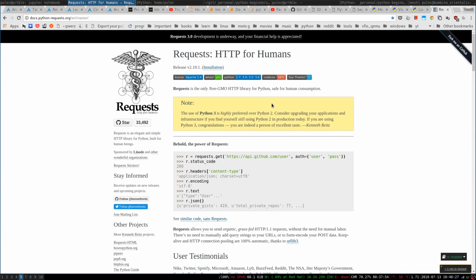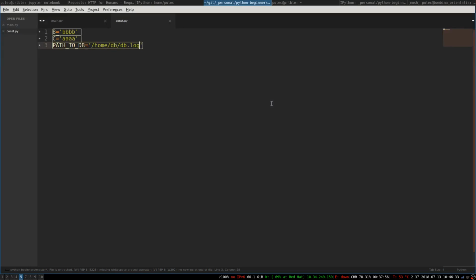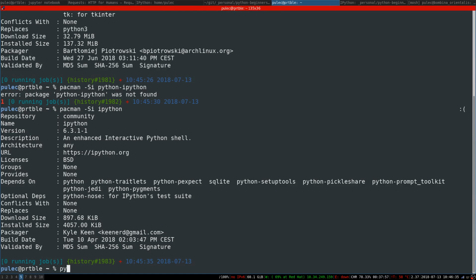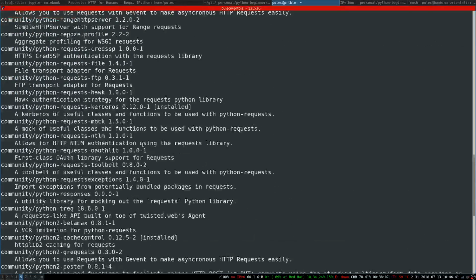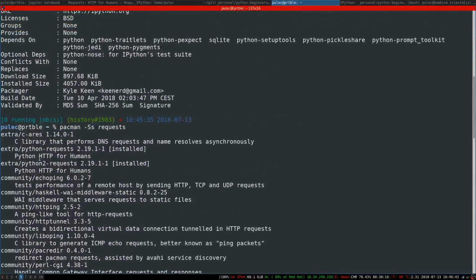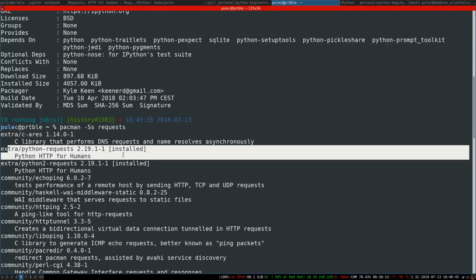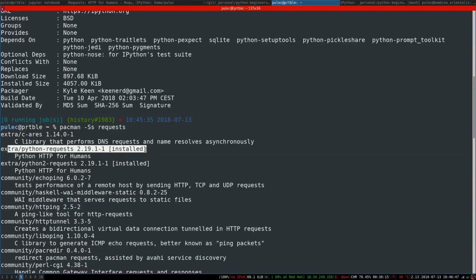Anyways, lots of people use requests and I recommend it. If you want to install it on Arch Linux, you would search for requests and you get lots of results, but what we want to install is this python-requests, for Python 3 or Python 2,